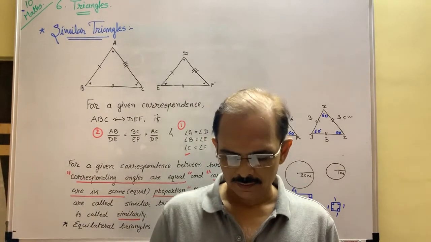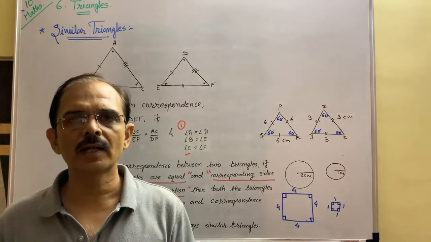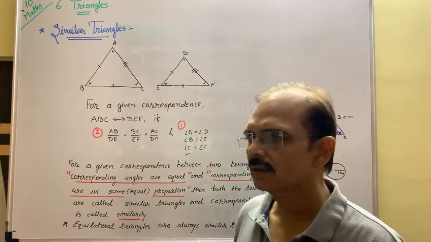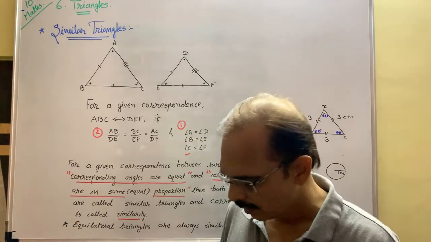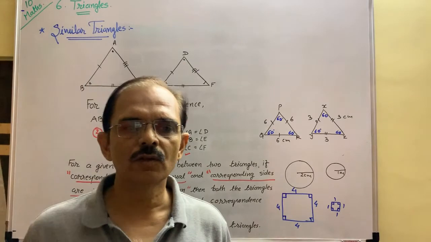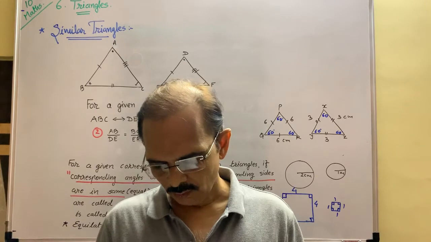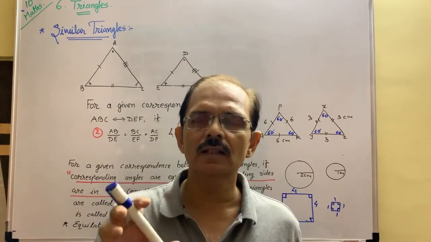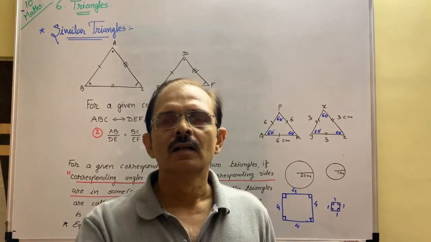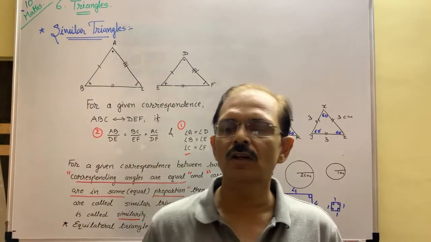Okay. Second question is to give two different examples of pairs of similar figures. What are pairs of similar figures? Circles are similar figures. Equilateral triangles are always similar figures. Okay. You can say that different TV sets in different homes are always similar. Now non-similar figures. Non-similar figures means a circle and a triangle are non-similar figures, and a triangle and a square is also a non-similar figure. They are different non-similar figures.